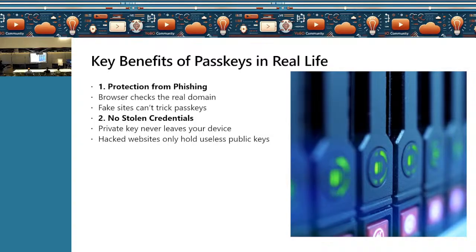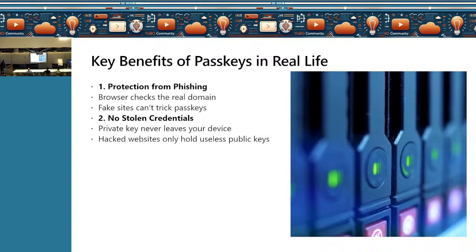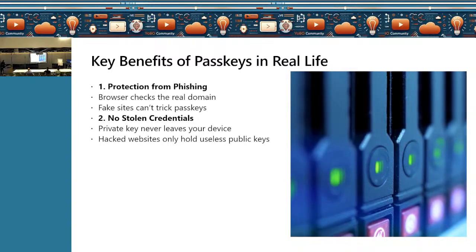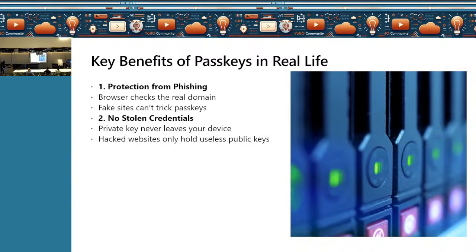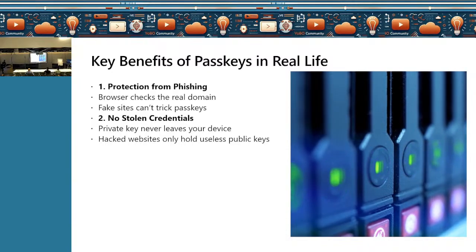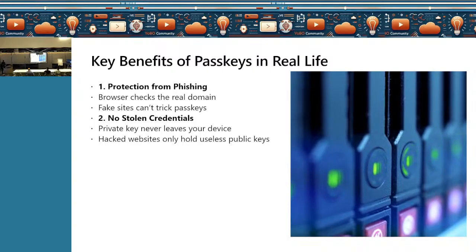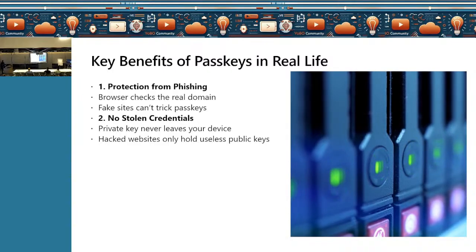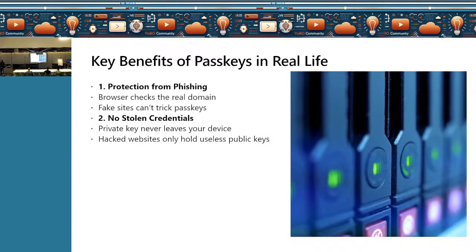The other thing we spoke about is stolen credentials. We have all heard about this. There were many public cases wherein a database of usernames and passwords was leaked. And in your iPhone and Android there's also a function that says this password was leaked in some breach. This is going to be not a problem, because you are not going to store passwords on any public websites. You will be using passkeys going forward.